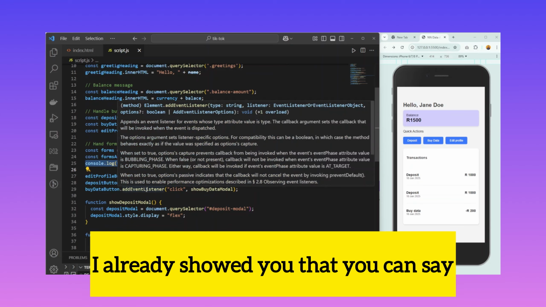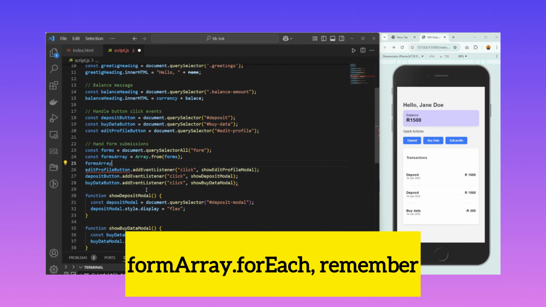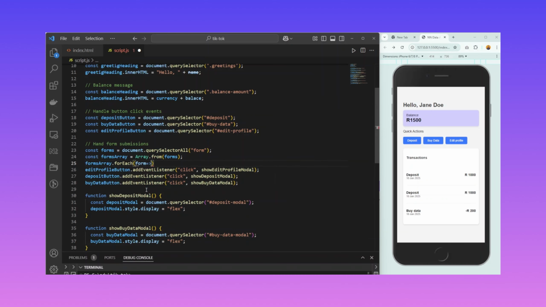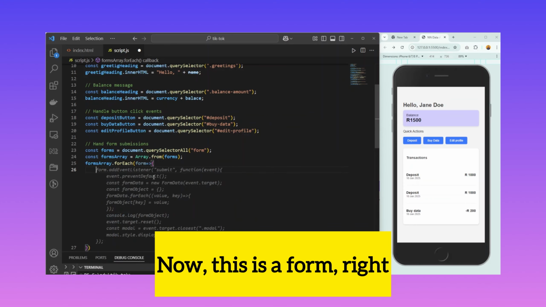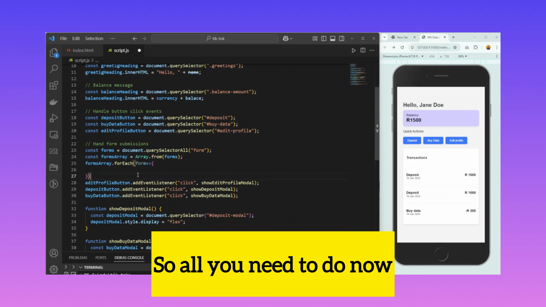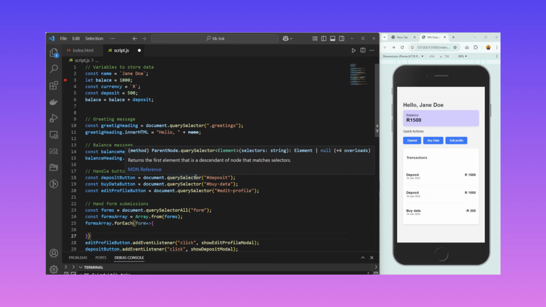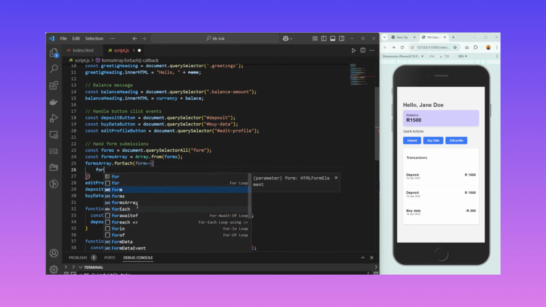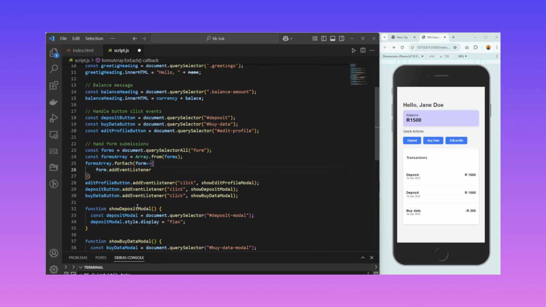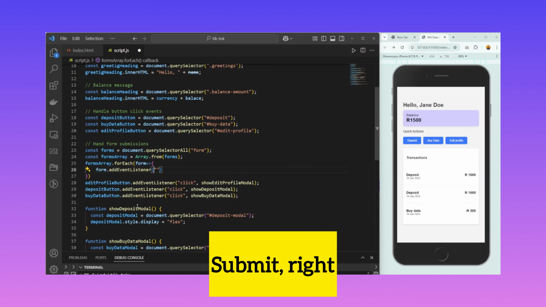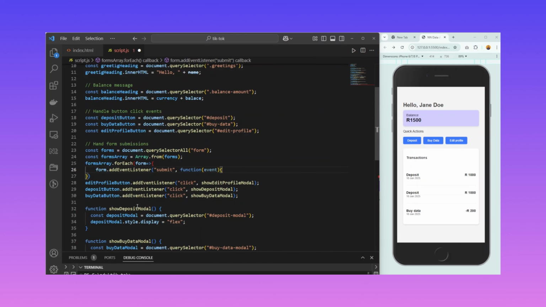I already showed you that you can say formsArray.forEach. Remember, you can just use that loop. It's a function, and this would give you a form, and then we do the callback function. Now this is a form, right? You see, if you hover over it, this is a form element. So all you need to do now is what we did here. You're going to handle the event. So you're going to say form.addEventListener, and the type of event you want to add is submit, right? Submit,